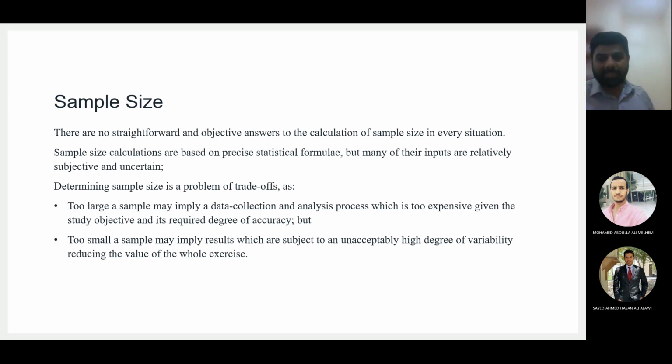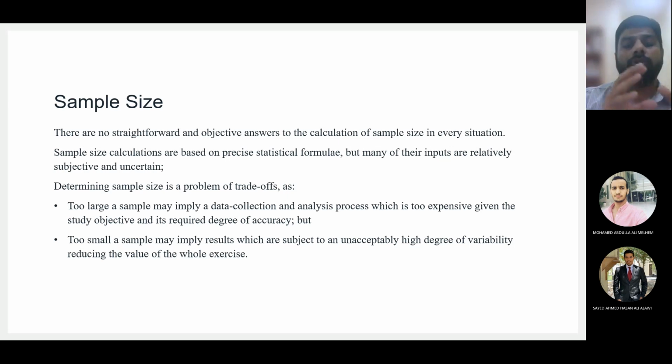For example, if you ask me the mean income of the population, without collecting the data, I cannot know the mean income of the population, right? Secondly, you may ask me how much error you are accepting in the population. I may say 5%. Mohammed may say 4%. Safa may say 10%. So this is subjective. But these are the inputs which are required for calculating sample size. So you have to play with it. So it's not easy.